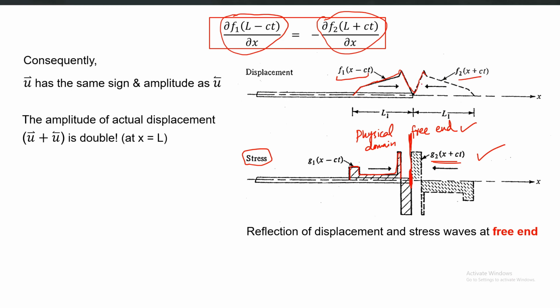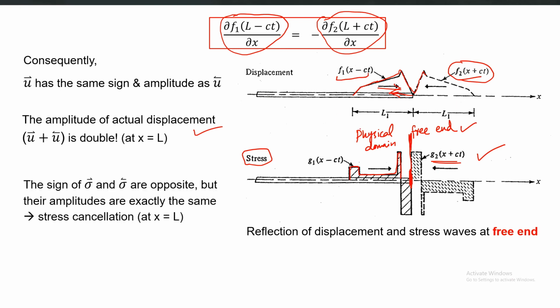So you can think of this f2 function as another wave which is coming from a hypothetical side and striking that free end, and now it is traveling in the opposite side of that rod which you are observing. So the amplitude of the actual displacement, which is basically reflection after reflection, will be doubled. One, it will be having an incident or approaching wave, and after it strikes, it will be doubled and it will come back as a reflected wave. For the stress case, they will be cancelling out each other. For the displacement case, they will be just adding into each other.